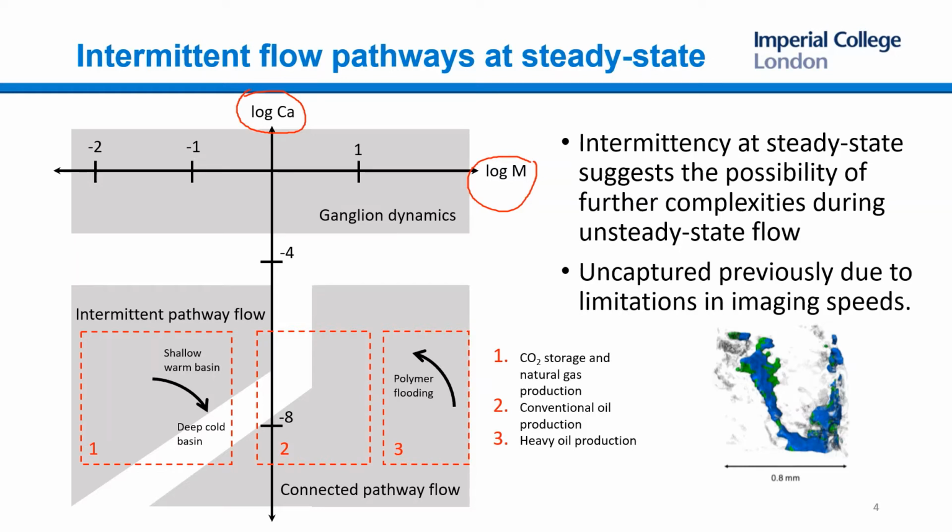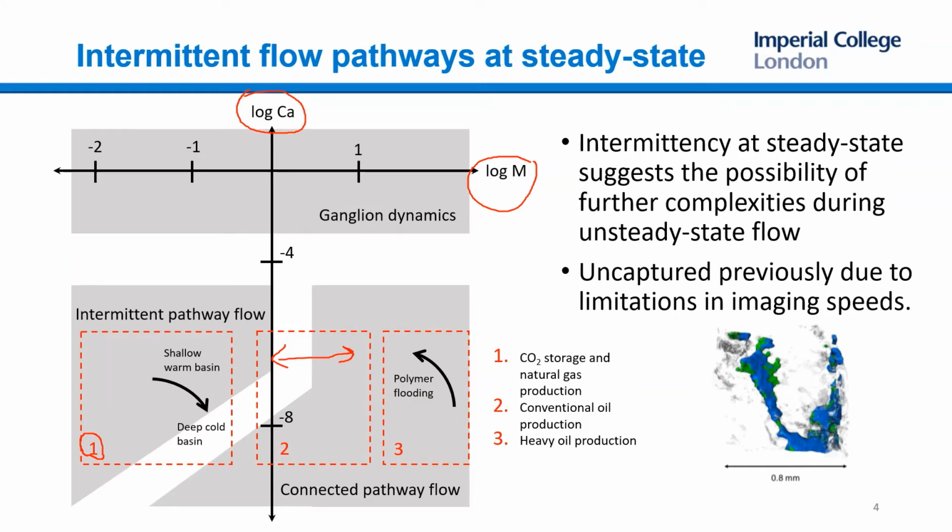You can see for the box labeled 1, which is for CO2 storage and natural gas production, we would expect to see these intermittent pathways at steady state. And even for conventional oil production in this box here, we might see some intermittency at steady state, but less so. And this intermittency at steady state just suggests that there's the possibility of further complexities during unsteady-state flow,